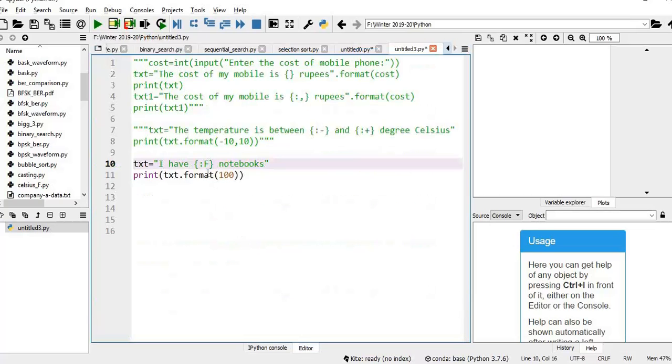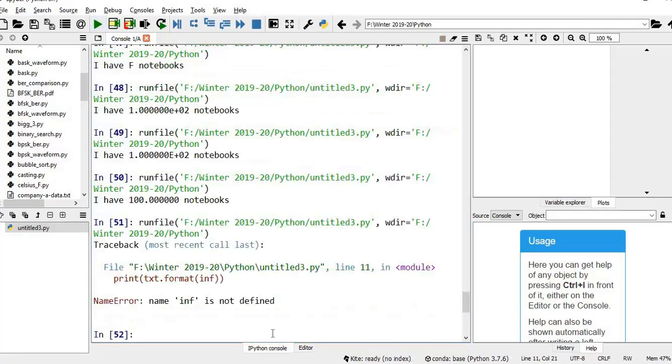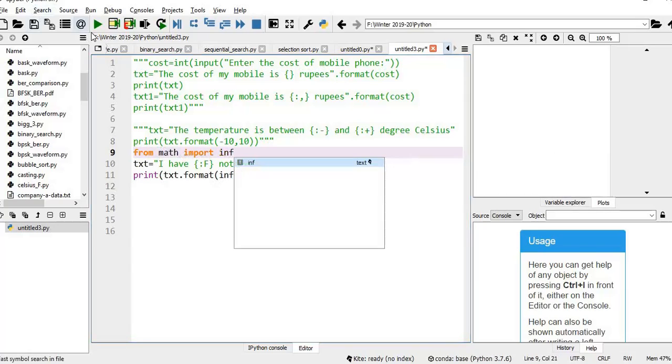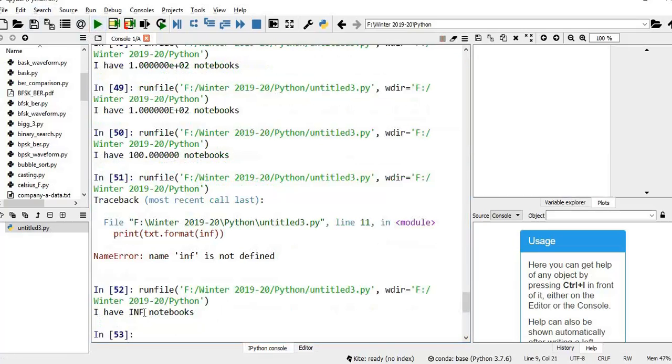Suppose I use inf, infinity, it will display an error because infinity is available in the math library. We have to import it. Let me try that. So it is displaying the error. So from math import inf, execute this. See that INF is represented in capital letters.